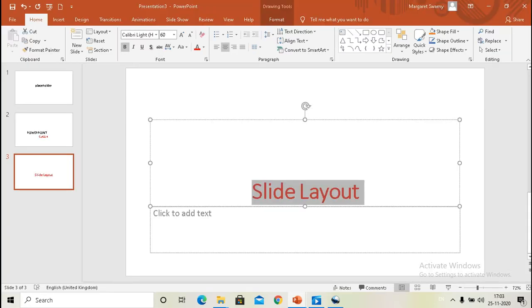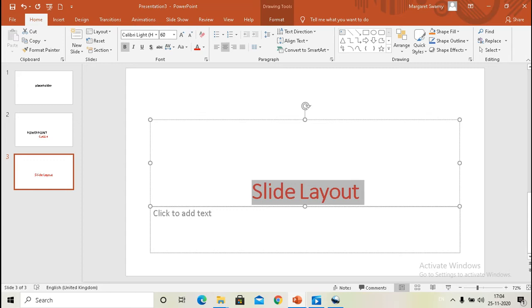Now let's see what is slide layout. The slide layout refers to the general arrangement of various components on the slide. It provides you with different ways to position your text, images and other graphic objects. Microsoft PowerPoint offers various slide layouts for different purposes.